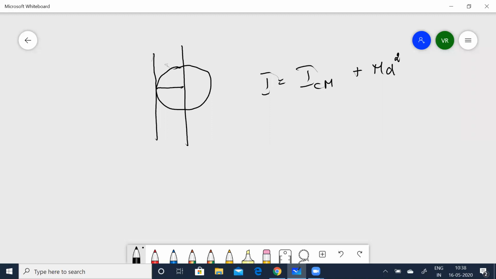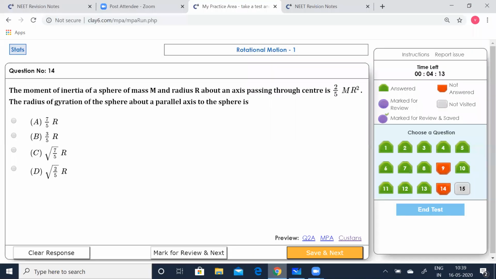This is for a spherical shell. Remember that. So that gives you 2 by 3 mr squared plus mr squared, which is nothing but 2 by 5. I'm sorry, children. 2 by 5 mr squared. That gives you, let me quickly rub it. It's 2 by 5 mr squared. So that gives you 2 by 5. That will give you 7 by 5 mr squared. All right. Let's see. 7 by 5 mr squared. So option A is correct.